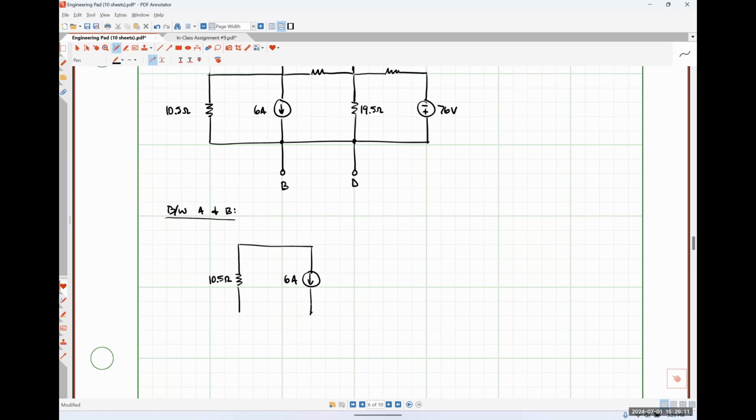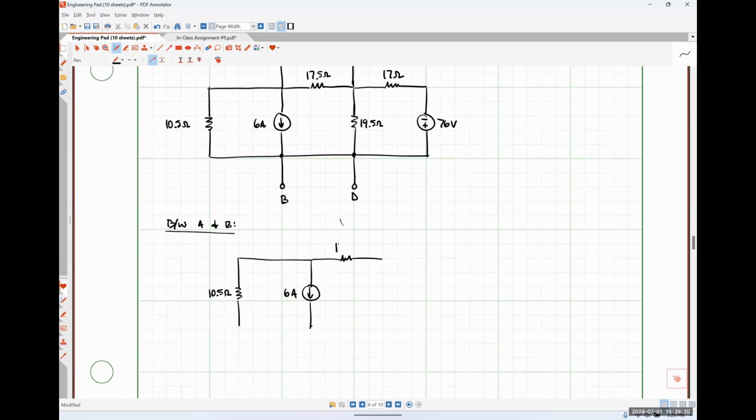Here's my 6 amp source. 17.5 ohms, 19.5 ohms, 17 ohms,